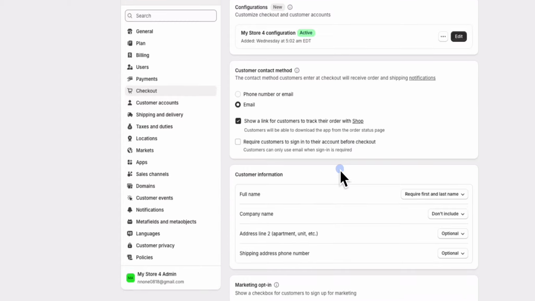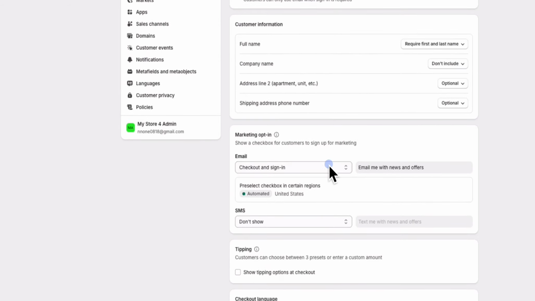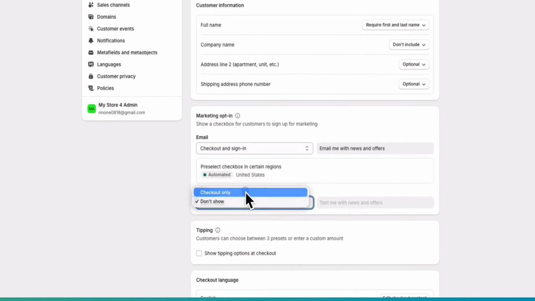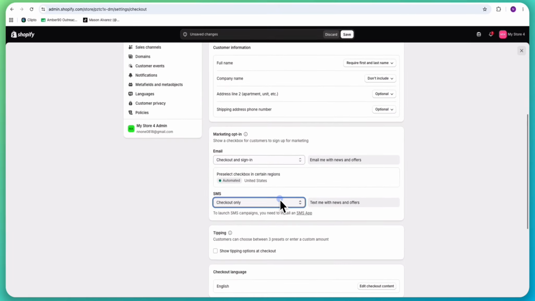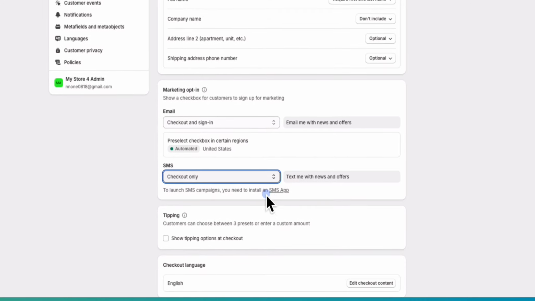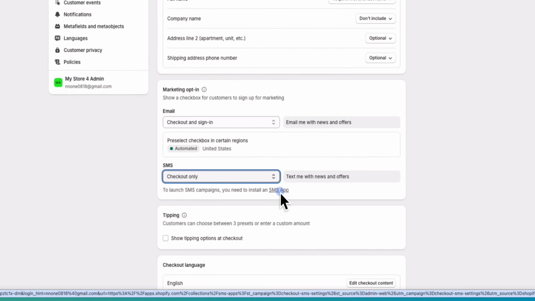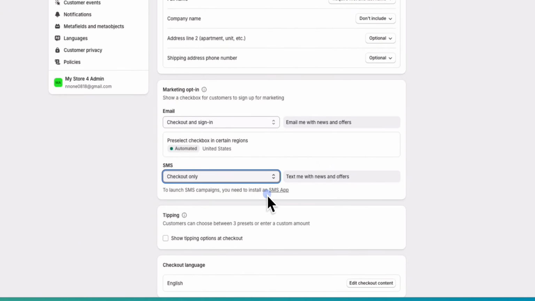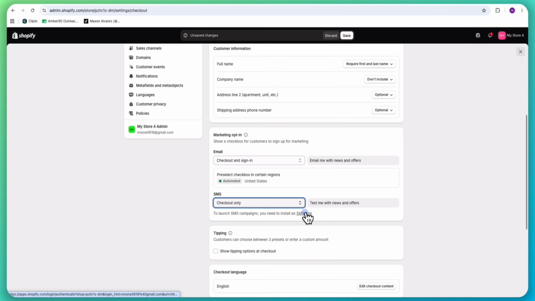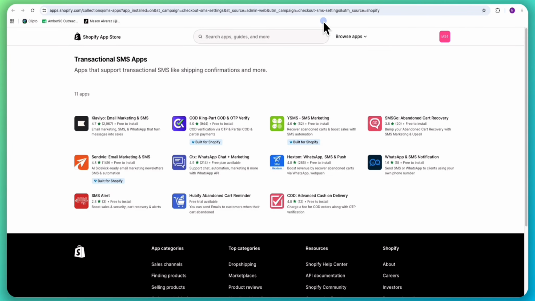Next, scroll through the checkout settings until you find the section for marketing options. So in here, look for the options to enable SMS marketing and turn it on. Enabling this allows your store to use text messages as another way to communicate with customers who choose to receive them. After that, look for the SMS app option, click on it, and then Shopify will take you to the